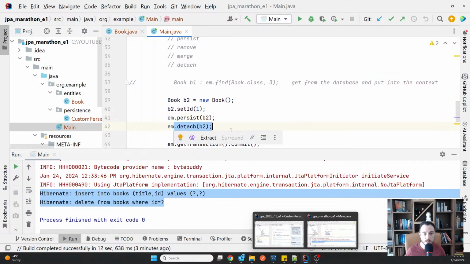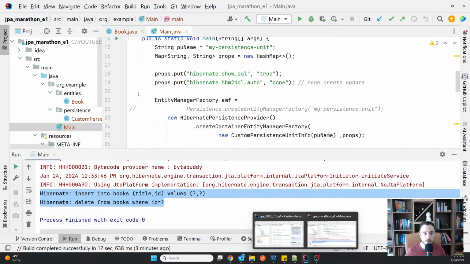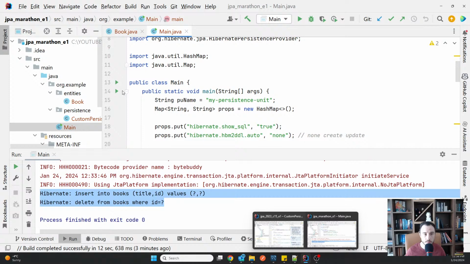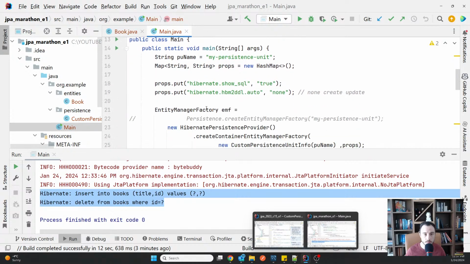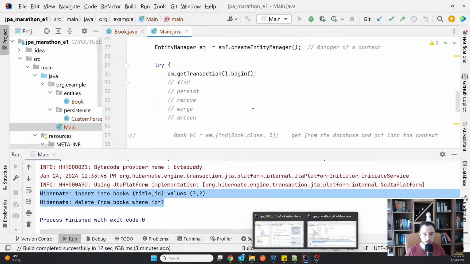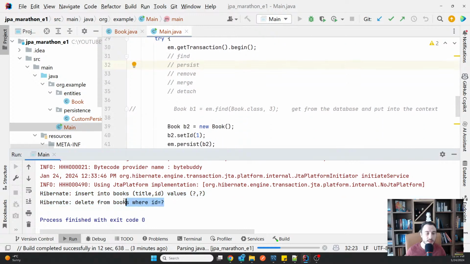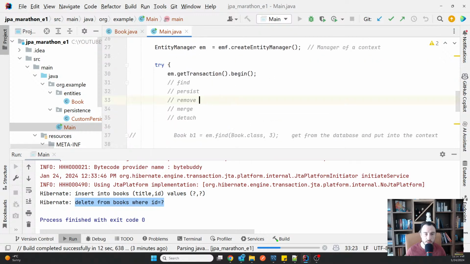So earlier we had a remove here, but what if you use a detach? And the question is, will that insert be generated or not? There will not be a delete anymore because the detach doesn't create a delete. The remove generates a deletion.